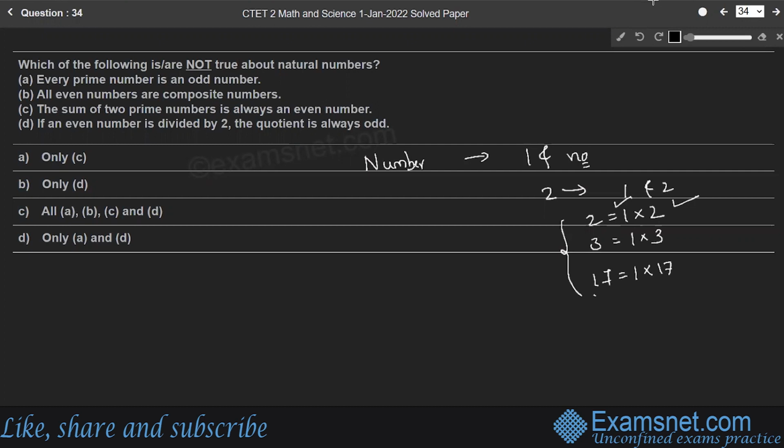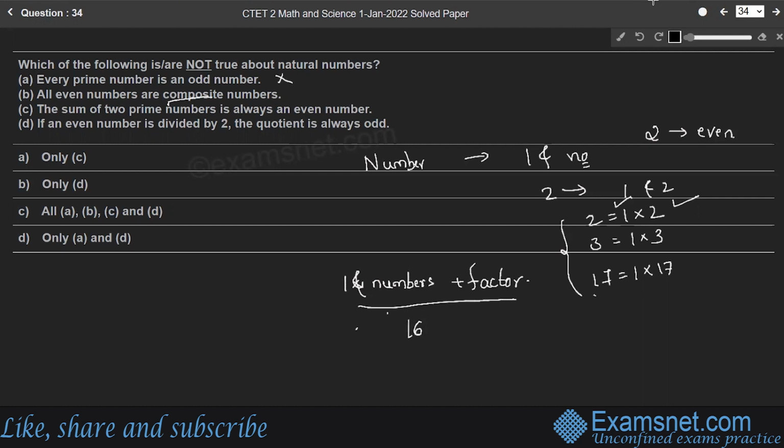Every prime number is an odd number, which is not true because 2 is also a prime number, which is an even number. Second statement, all even numbers are composite numbers. Composite numbers means the numbers which have the factors 1 and the number itself, and along with that they have certain factors, at least one factor, right? Such numbers are called composite numbers. For example,